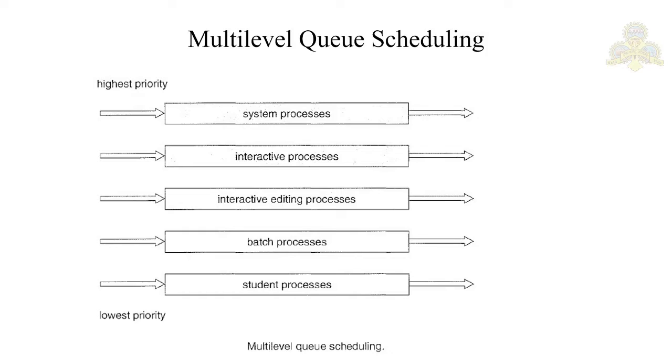Say for example, the most common division among the process is foreground and background processes. Foreground is nothing but your interactive processes, and background processes are nothing but your batch processes. Okay. Now these two types of processes have different response times. The time required for the execution of the foreground process is different from the time that the batch process requires, right? In addition, these foreground processes also have priority over the background process. That means the foreground processes are of higher priority compared to your background or batch processes.